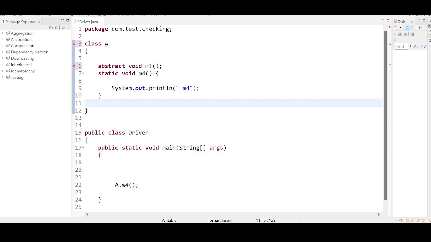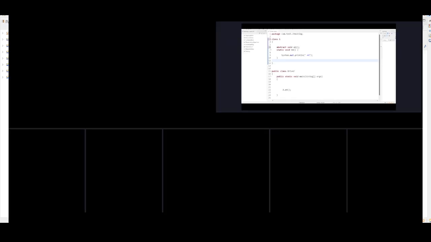Right? Tomorrow interfaces will be completed. It will not take much time. Then I will start Java collections, very important in the interview. So after completing Java collections, you can answer any Java